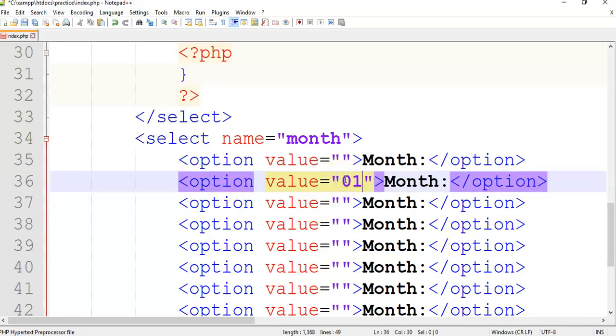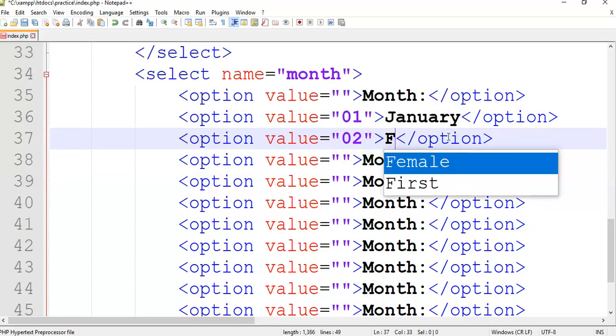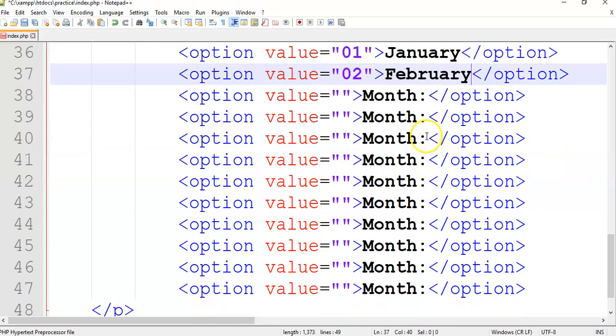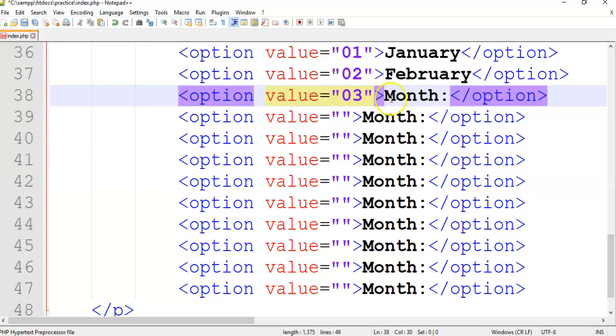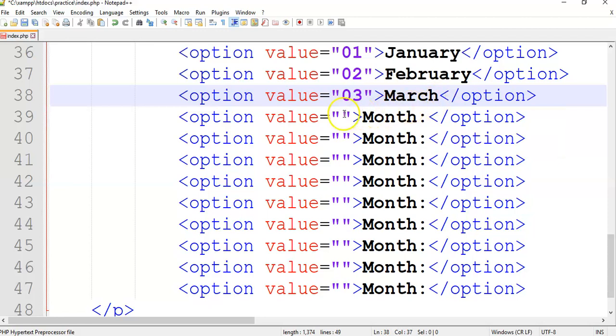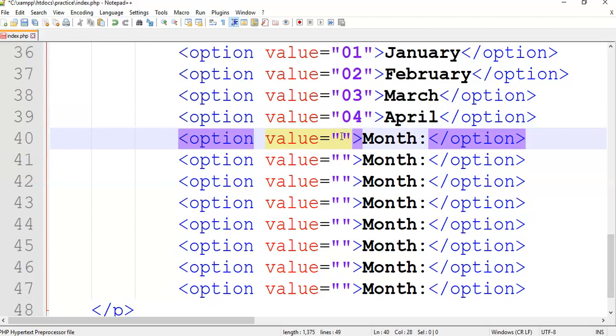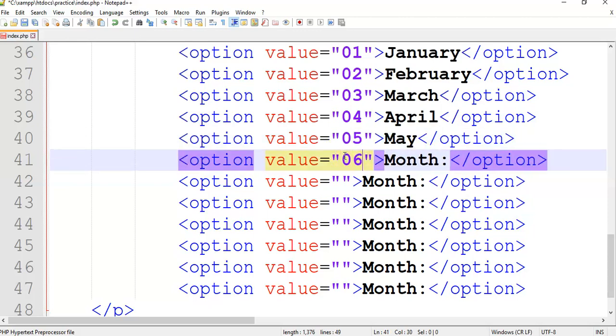Okay. So this one will be 01 for January, and 02 for February, and 03 for March, and 04 for April, and 05 for May, and 06 for June,